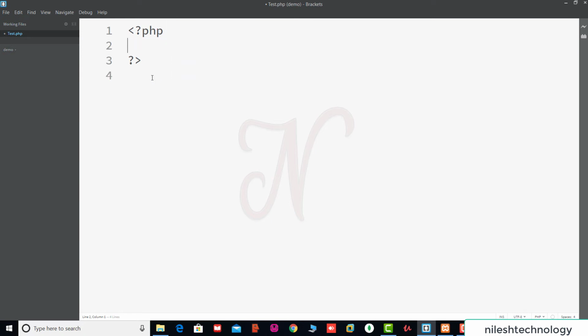So here we write some code. Like C language, we use the printf statement for printing. C++ uses cout for printing. In PHP we use echo to print the message. Here we write Welcome to PHP. Every statement ends with a semicolon like C, C++ and Java. Echo is used to write content or messages on the output screen. It is a simple output function.